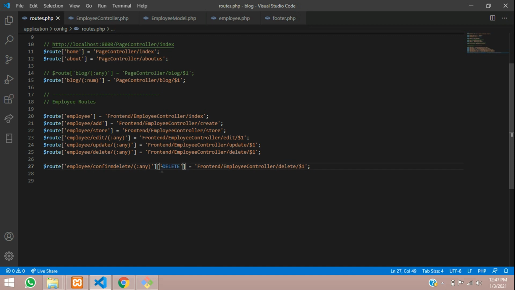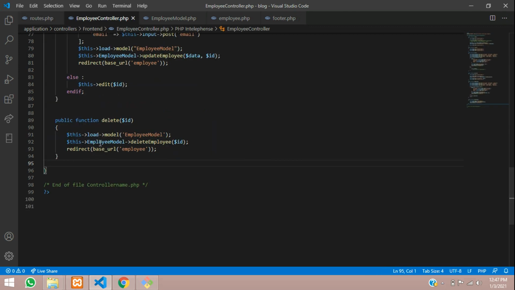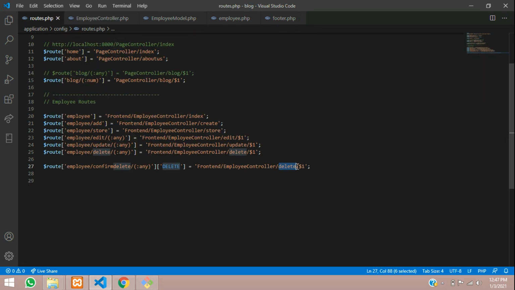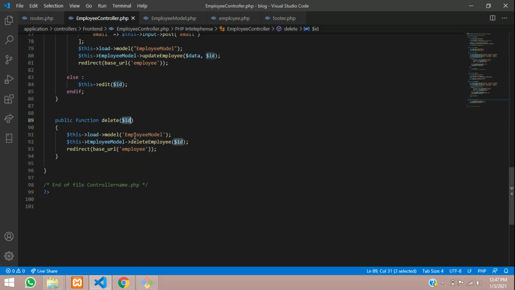So now everything is set, and let's move to this path, inside the employee controller at the delete function. So let's go to our employee controller where the delete function is, and this is the delete function where we are getting the ID. Whatever ID we send, it's coming by $1. Okay, so $1, this is the way we represent in CodeIgniter for sending any values with the help of any method. So let's go over here, and this is the employee model which we are calling, and this employee model is calling the delete employee function with an ID.